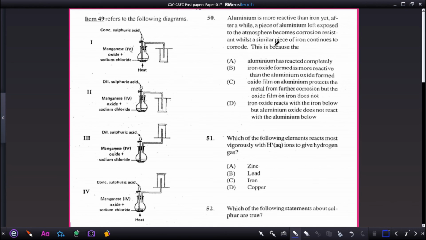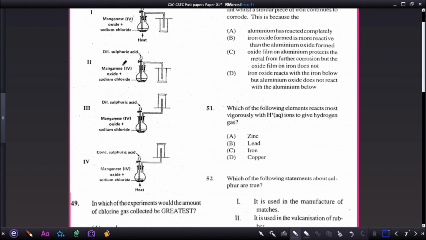Item 49 refers to the following diagrams. Concentrated sulfuric acid, I guess this is used as a catalyst here, and manganese oxide plus sodium chloride. And the question says, in which of the experiments would the amount of chlorine gas collected